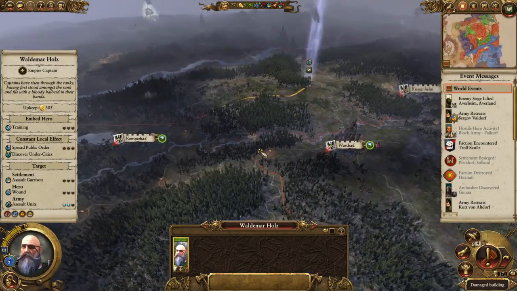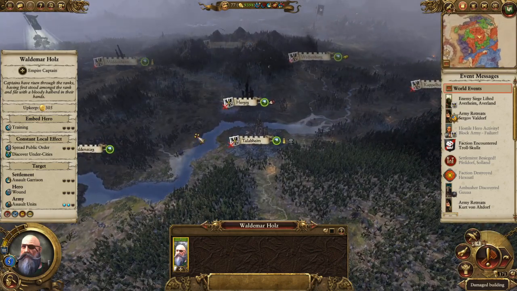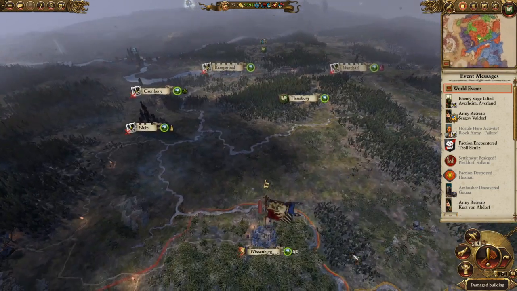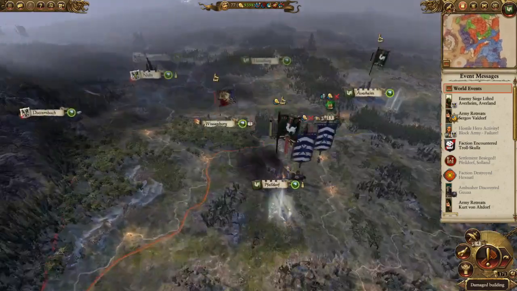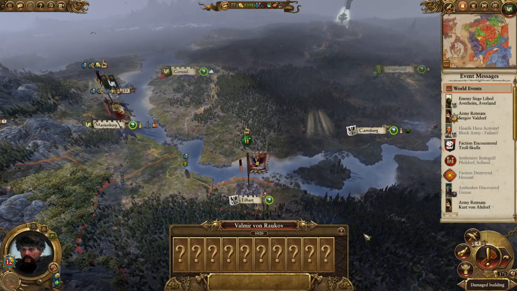Go to Altdorf, actually. There doesn't seem to be any armies. Any armies up here hopefully will be occupied with Wolfenburg. I want to see armies possibly getting recruited in Altdorf and marching down. It looks like the Halfling's time to rise might be here. I mean, Volmir's over here as well, so...